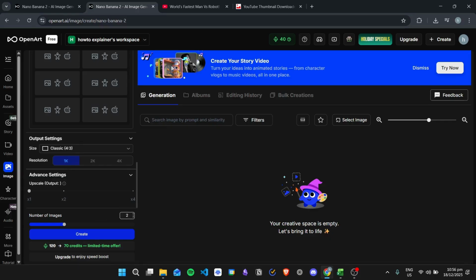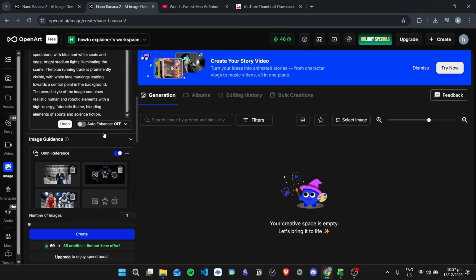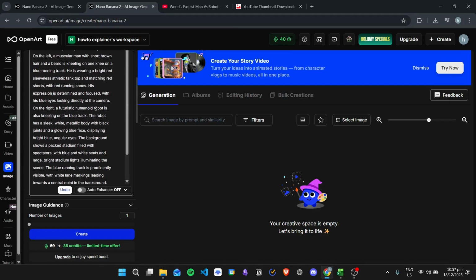So right now, let's change it to 1 since I only have 40 credits. I don't have 70 credits to be able to create 2 images. So we can just create 1 image right here. And as you can see, it has 35 credits, which is possible with our 40 credits right here. Then let's scroll down. Now that we have our reference, we can go ahead and change the prompt that we